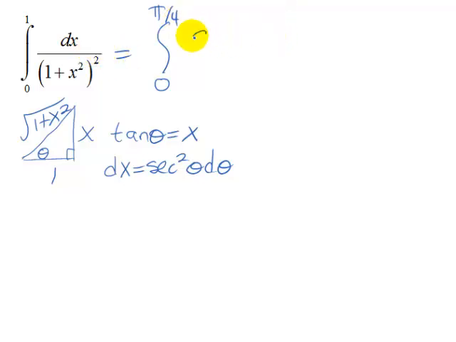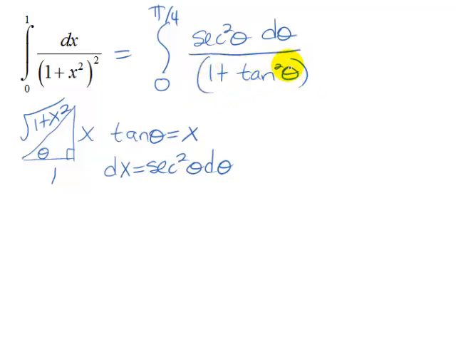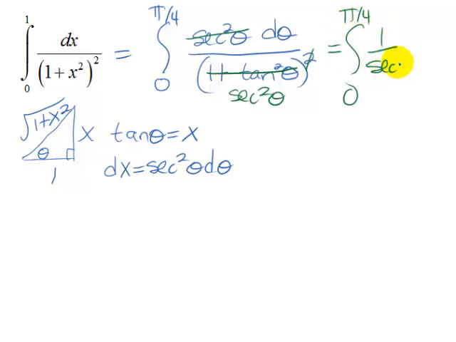I now have dx, which was secant squared theta d theta, and that's over 1 plus x squared, so that's going to be tangent squared theta, and then that needs to be squared. Now as we look to see what we could do with this, I could replace the 1 plus tangent squared theta with secant squared theta, and then this secant squared theta will get rid of one of these, so what I have is the integral from 0 to pi over 4 of 1 over secant squared theta d theta. But wait a minute,